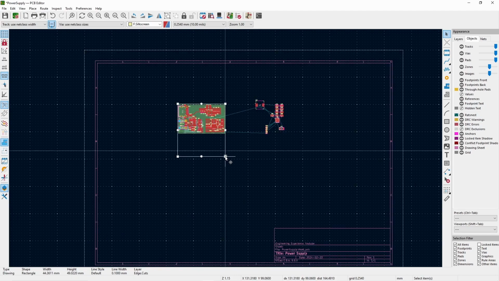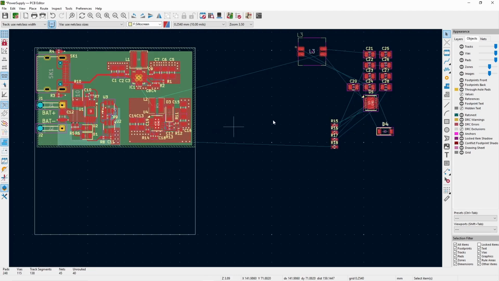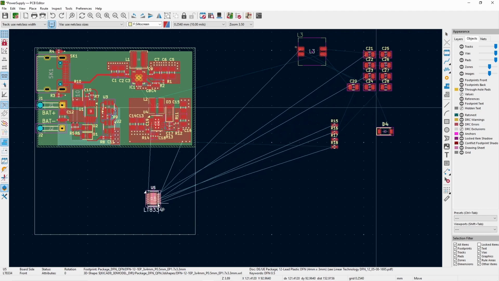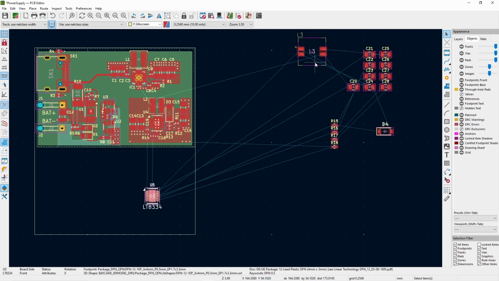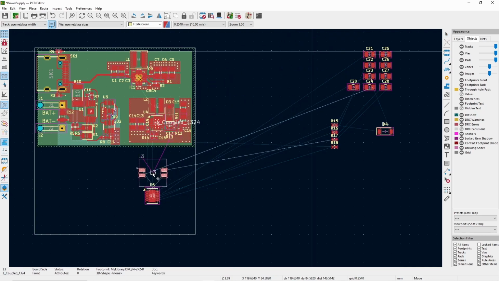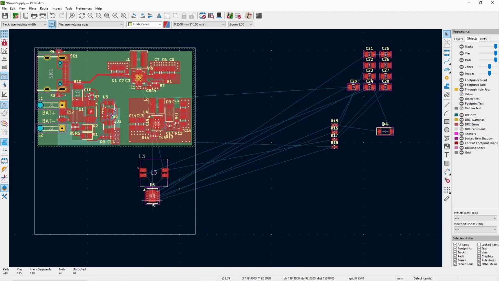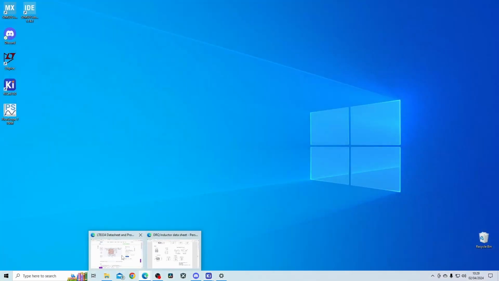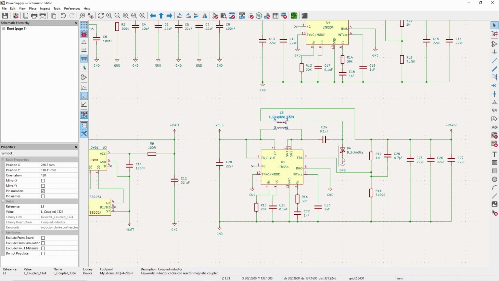First thing I'm going to do is open up my board so that I have a bit more space to work with. I will now put the components in roughly the right place by following the schematic layout. So from the schematic, we should be able to get a rough approximation of where I need the components to be. Obviously in the schematic, you can see the inductor is above the regulator IC. Then we've got C24 here, D4 on the side, got all the feedback network and the output capacitors on the right hand side. We've got the input capacitor on the left hand side,